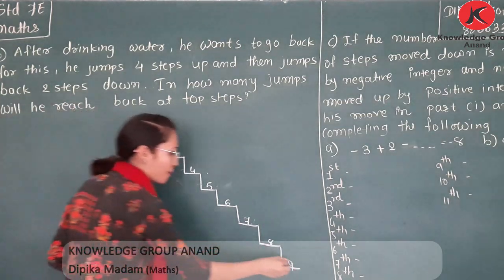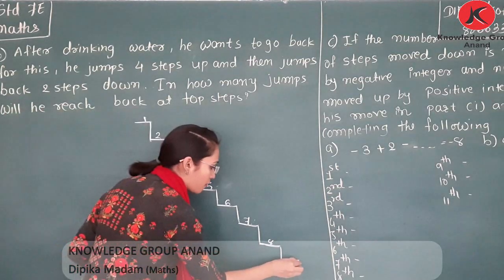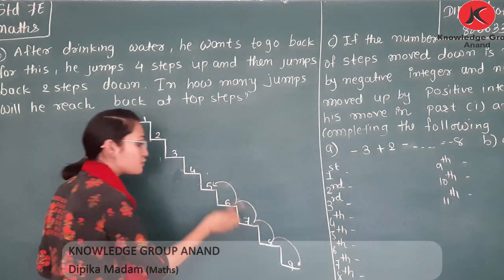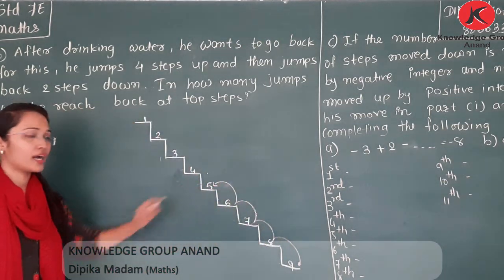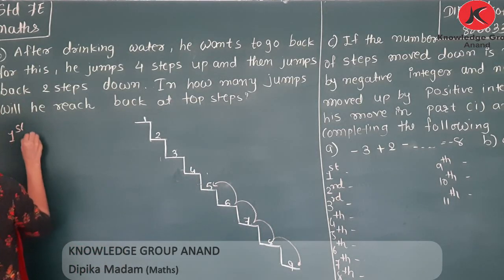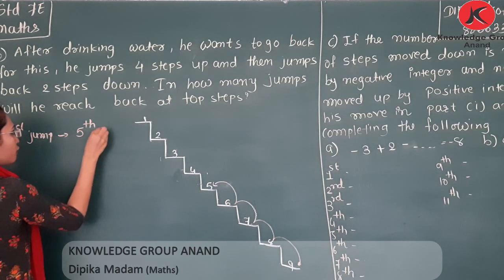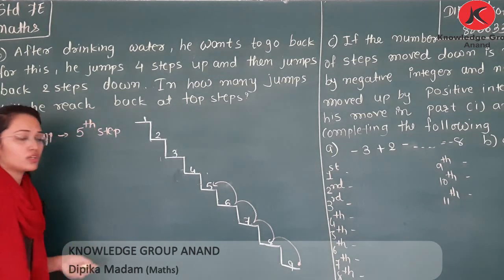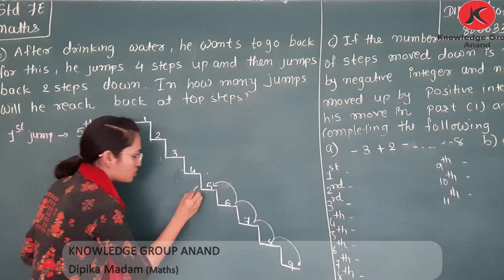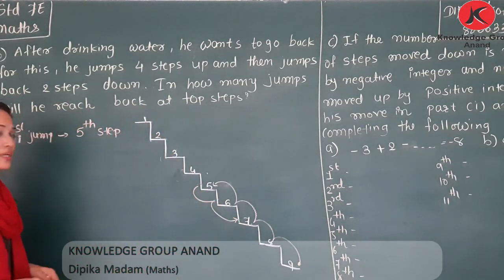Okay, so monkey is here, it is on 9th step, 4 step up, that is 1, 2, 3 and 4. This is first jump. First jump પર क्या step ऊपर पहुँचो? 5th step. So in first jump, monkey is on 5th step. Now from the 5th, take 2 step down. So 1 and 2. Monkey will be on 7th step in a second jump.